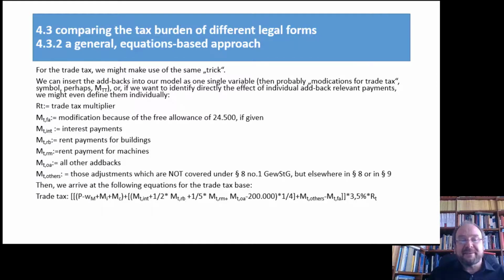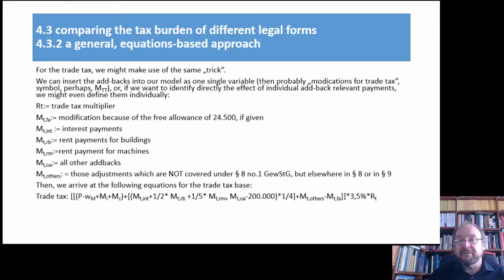The modification for trade tax, if you call them MTT or so, then you would have to take into account that these modifications, for example, under paragraph 8, number 1, are calculated in a complicated way so that you cannot see a direct connection between an interest payment and the outcome for trade tax. So if you want to follow that a bit more closely, then it might be that you define certain things individually. The rate for trade tax, let's say RT, then the modification due to a free allowance of 24,500 if